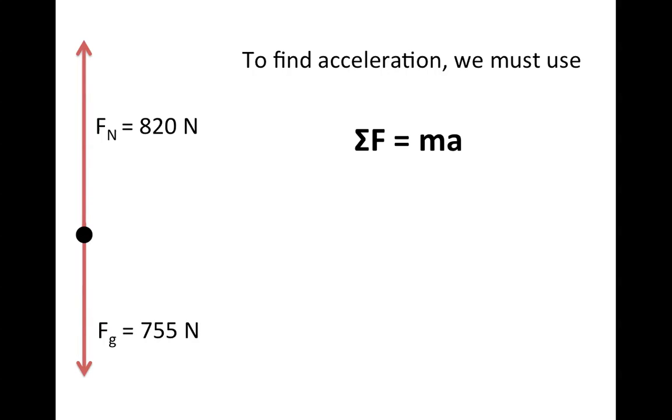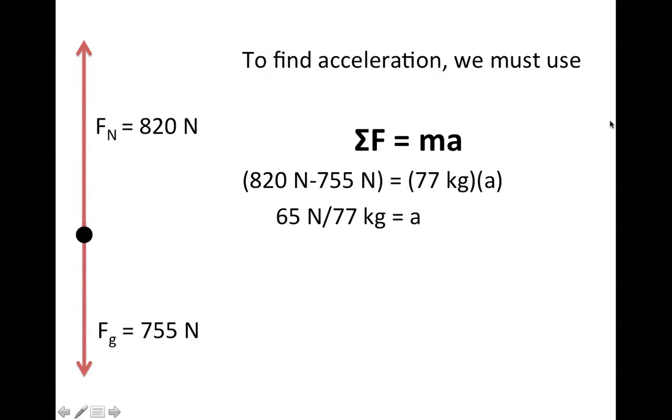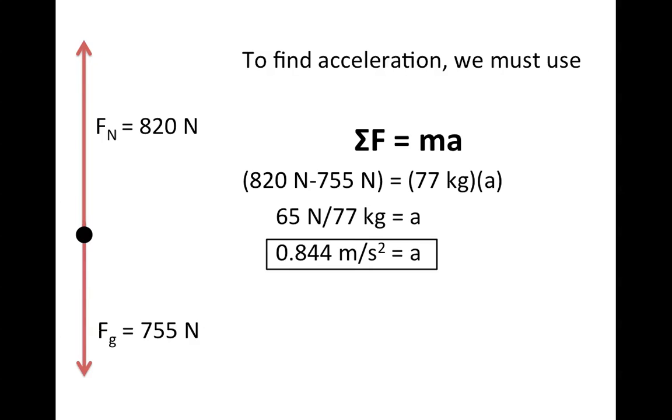Okay? So if I want to calculate this acceleration, I'm going to use that the net force equals mass times acceleration. And in this case, my net force is just the difference between 820 up and 755 down. So I'm going to subtract these two, and that equals my mass, which is 77 kilograms, times the acceleration. And so 65, which is 820 minus 755, divided by 77 is my acceleration. So my acceleration is 0.844 meters per second squared,